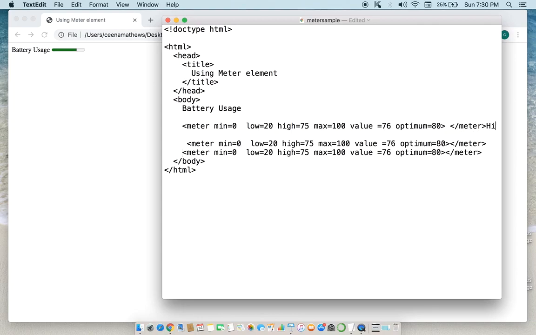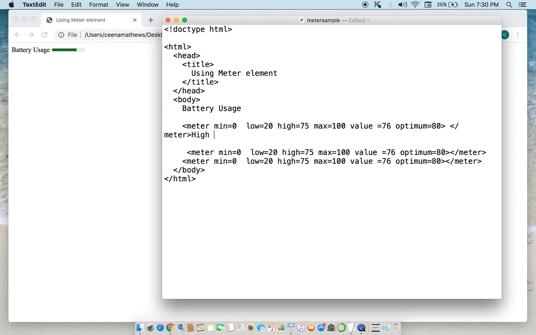This shows high usage, so I'm going to specify here high use.